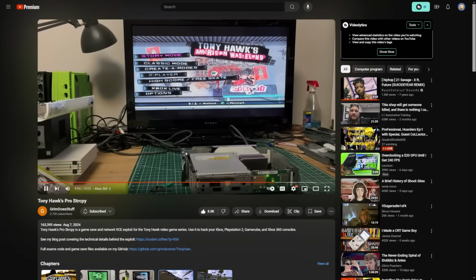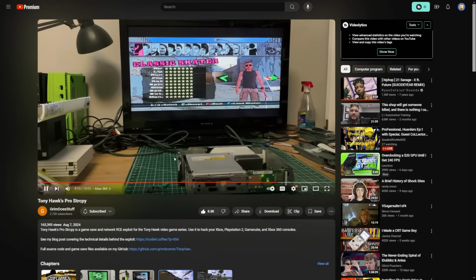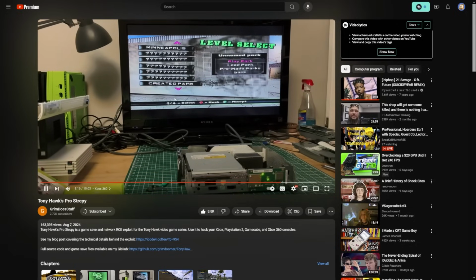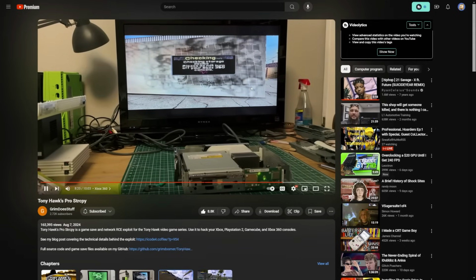Now, the hard drive itself has some modified files on it, so that is one of the differences as opposed to modifying the disk drive itself. You have to put the files on the hard drive, which there's plenty of ways of doing in the modern day for the 360. But right here, he's going to create a park, loading the park,